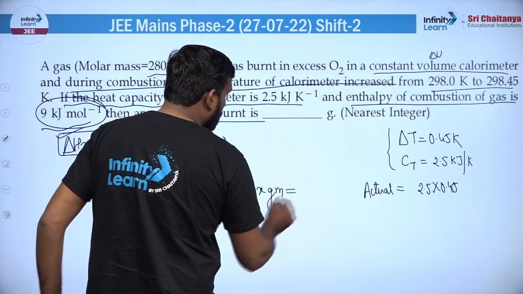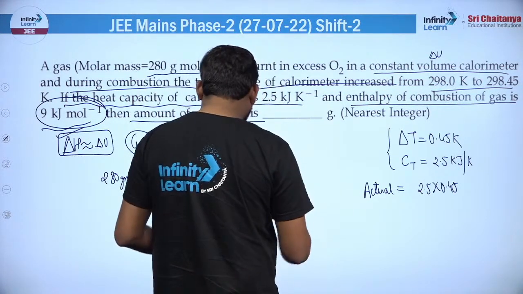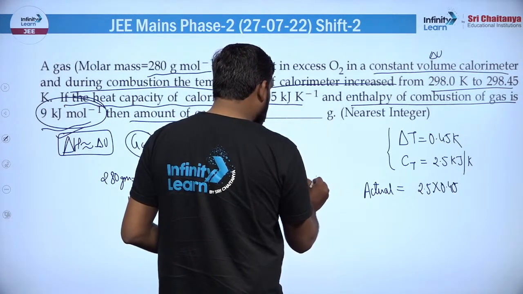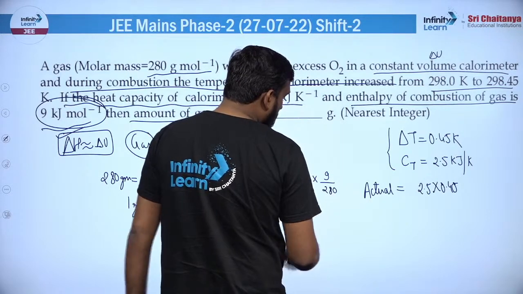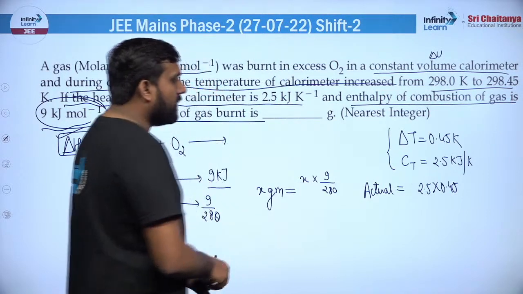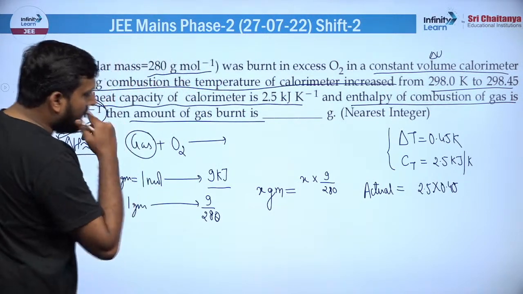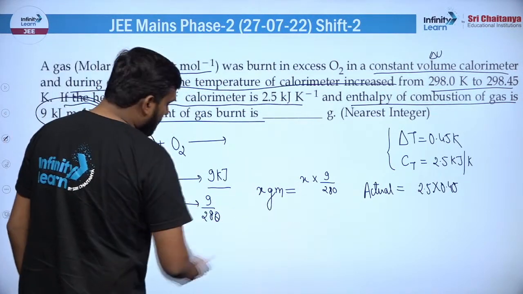हैं कि x ग्राम बर्न हुआ होगा, तो हम कैसे निकालेंगे बेटा कि x ग्राम के लिए कितनी एनर्जी होनी चाहिए थी, x इंटू 9/280 इतनी होनी चाहिए थी, बट आई कितनी है, इतनी सी आई है, ठीक है। तो निकाल लो, बस कैलकुलेशन है इसके आगे, और कुछ करना नहीं है।